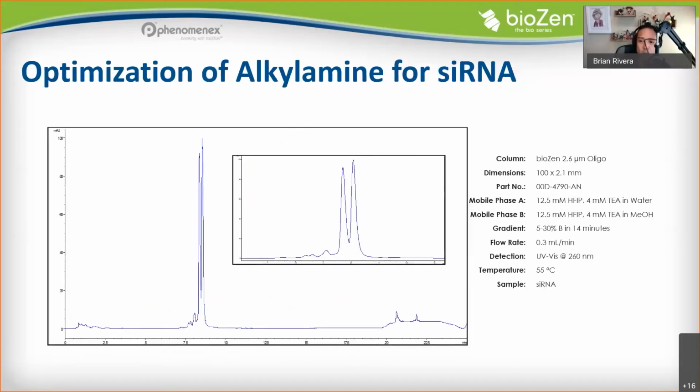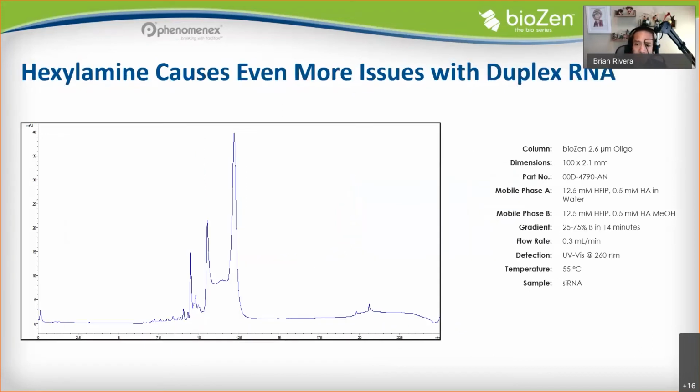Now, I would definitely be remiss if I didn't mention the nuances associated with duplex oligos, so siRNAs or any double-stranded type of modality. Here we do have the decreased amount of HFIP, but we're just using the standard triethylamine at 4 millimolar, and a reasonably good separation of sense and antisense strand. However, as we start to look into other alkylamines here,